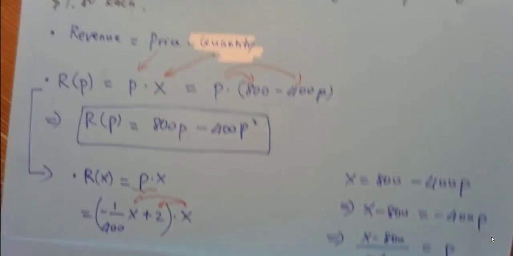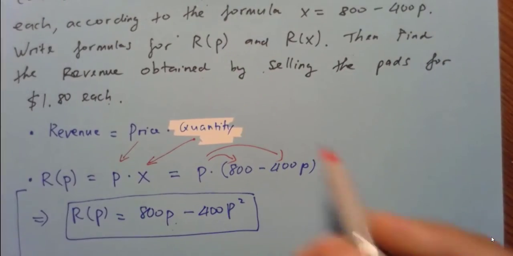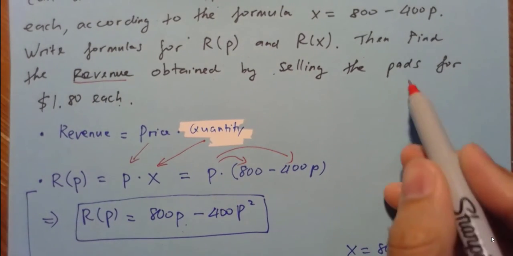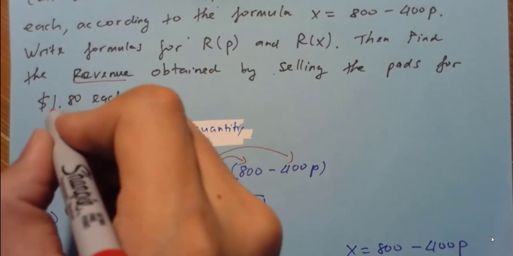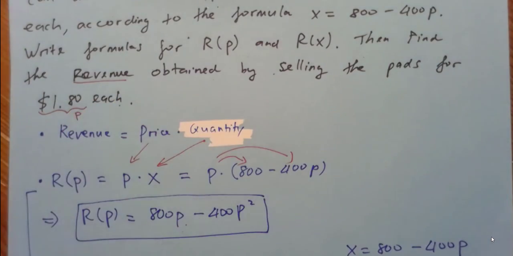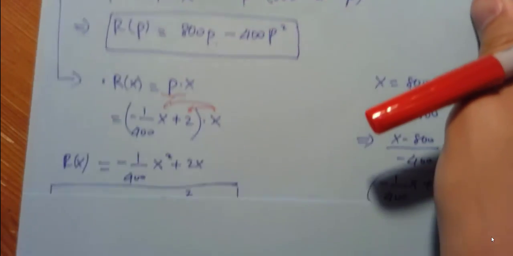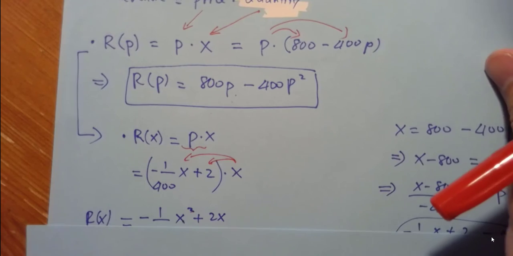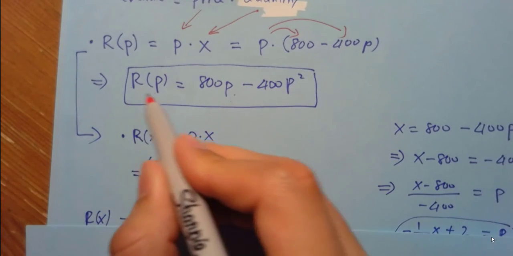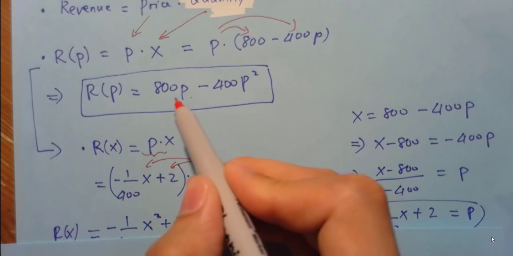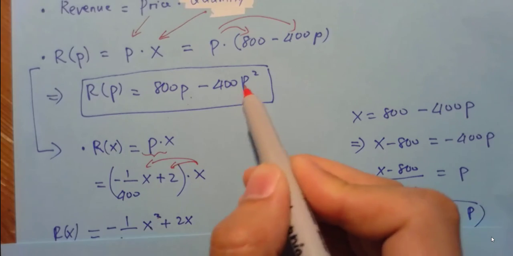And the last question, they ask you to find the revenue obtained by selling the parts for $1.80 each. This is the price, right? This is the price P. So 1.80 is the P. Now you want to find the revenue given P equals 1.80. So go back to this formula. This is the revenue equation, and you know that the price P now is 1.80. So anywhere you see P, that becomes 1.80. So if you do that,